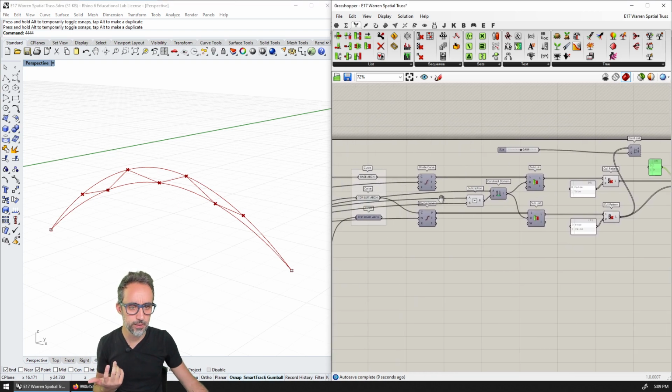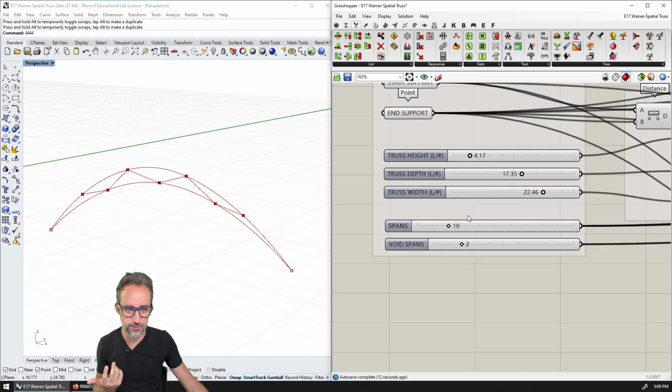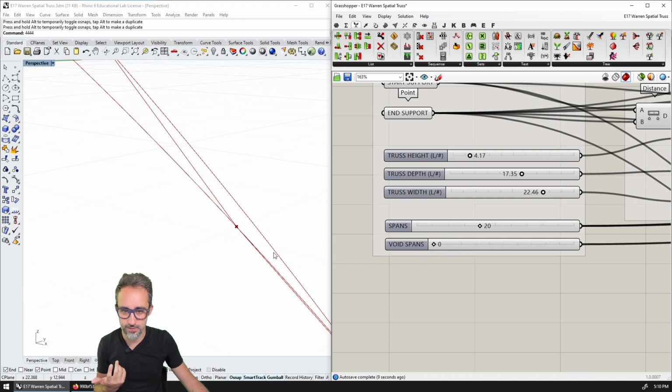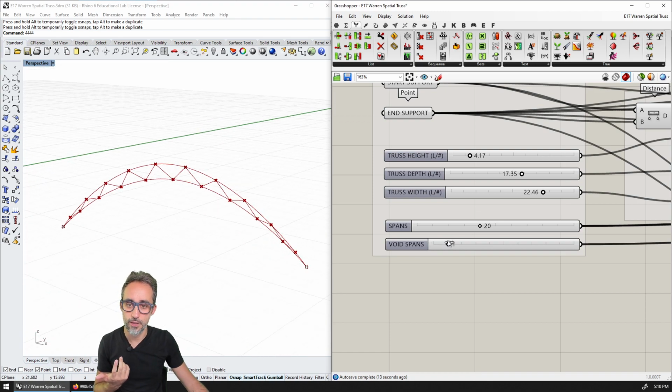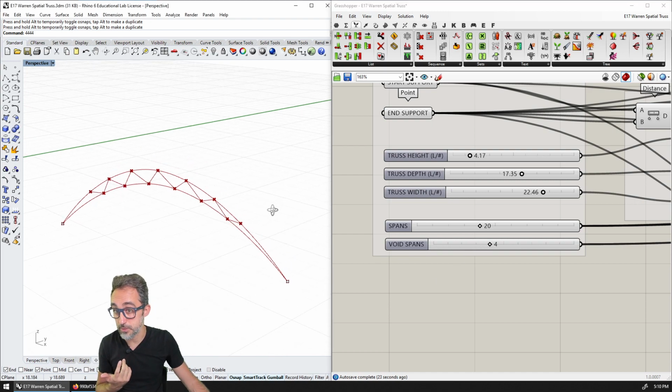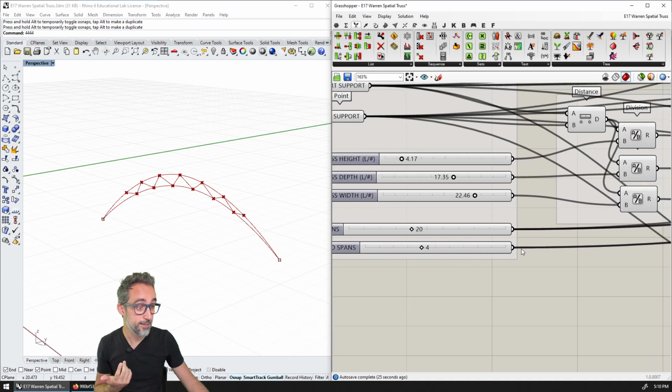And let me play around a little bit with this, see if it's actually working. So I have more spans, and you can see that I still have the gap. And here, as I retract this, I get more and more gaps on the side, which is kind of great, all the way to 0, which creates these weird overlaps here, which are not great. So 2, 3, 4, 5, whatever, you got it. This might be 4 now. This looks a bit more elegant. Okay, we are very close.